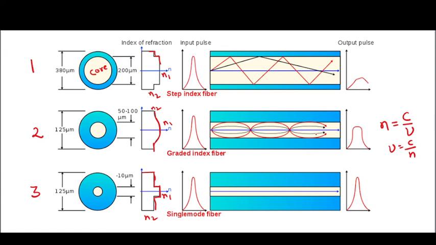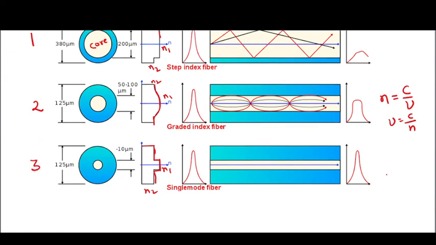So these graded index fibers are very useful, but both the graded index and multimode step index fibers are used for various purposes, especially for long distance communication. And step index fiber is used where we have to retain the pulse shape as input. So these are the different types of optical fibers, and we'll study the applications of these optical fibers in the next video.